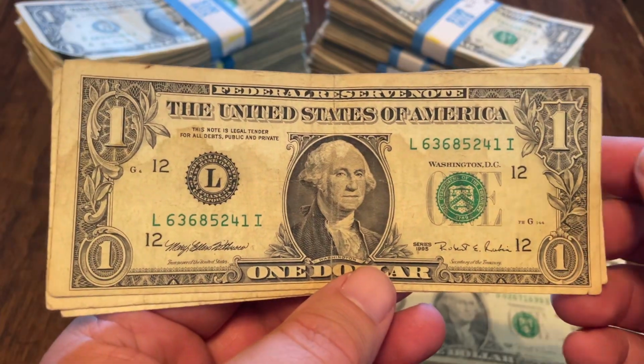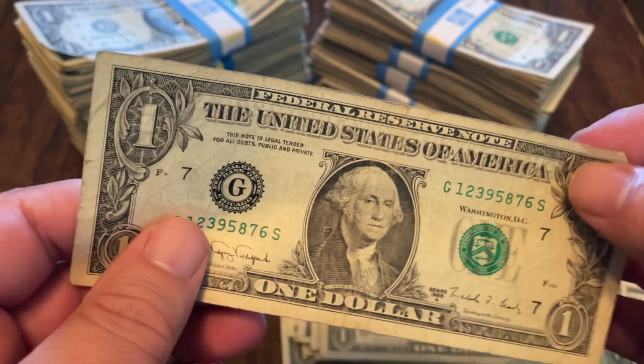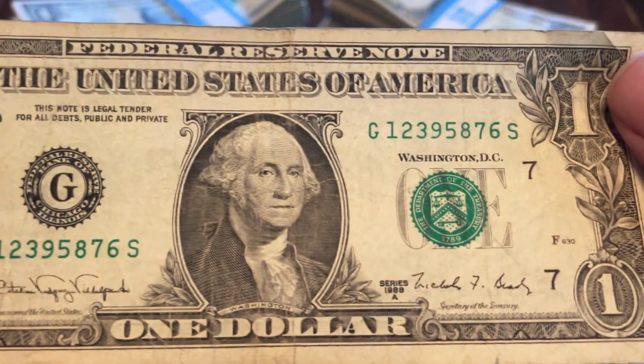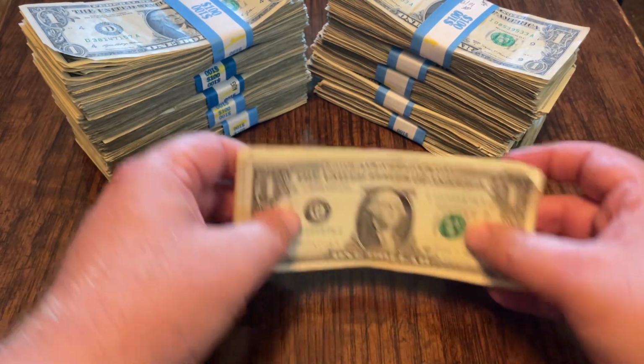Let's see, 1995, and the oldest note from this year, unfold the corner, this is from 1988A. All right, that's what I found this week. What did I pull? Well,